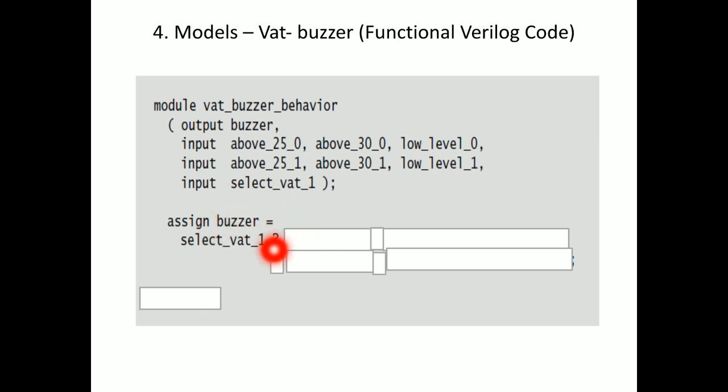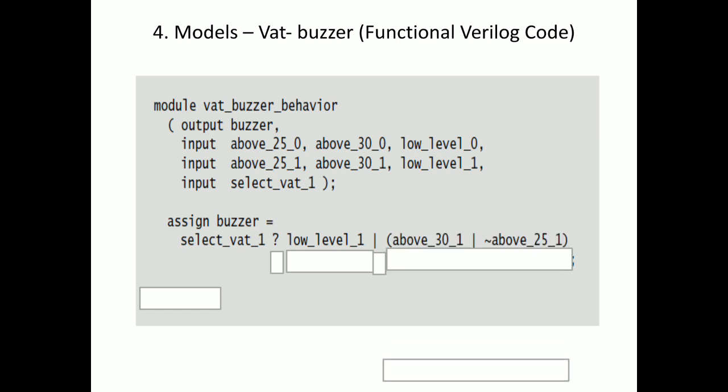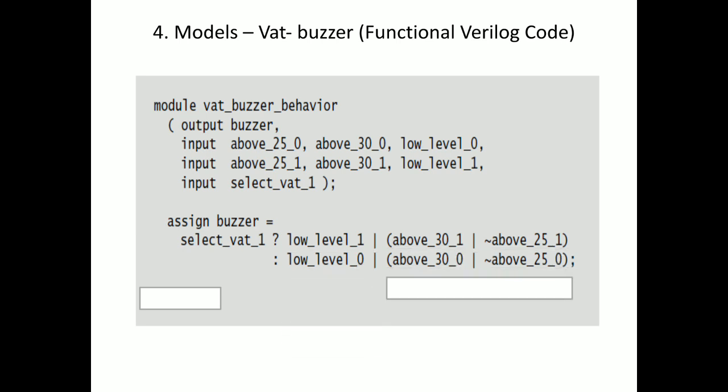For that we need one symbol called the question mark. This is for the condition; it will evaluate the condition. Next, if select is 1, it means we need to select the true value. Else we need to select the false value. For that, the colon should be used. Please observe the question mark and colon. This is the conditional operator.